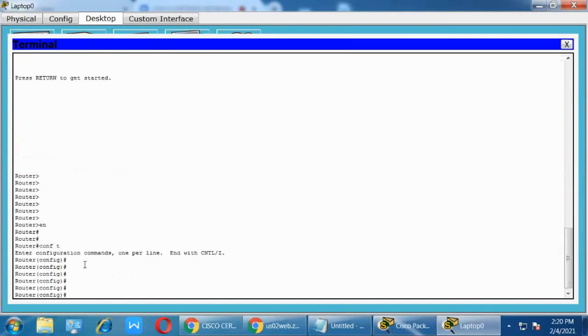Just keep in mind, always keep in mind, whatever configuration you want to do, first you need to enter the global configuration without any thinking, without any hesitation, right? So first enter the global configuration mode. After that, think what you need to configure and where you need to go. But till here, no need to think about anything. If you want to configure, but you want to see what the configuration is, that is a different thing, right?